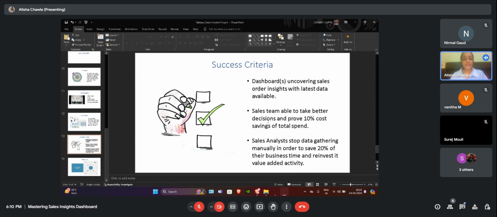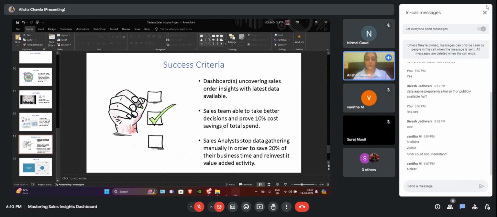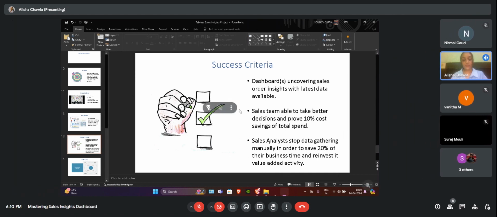Second thing is sales team able to take better decisions after seeing the insights, what needs to be done, and prove 10% cost saving of total spend. Third is sales analysts stop data gathering manually in order to save 20% of their business time and reinvest in value added activity.